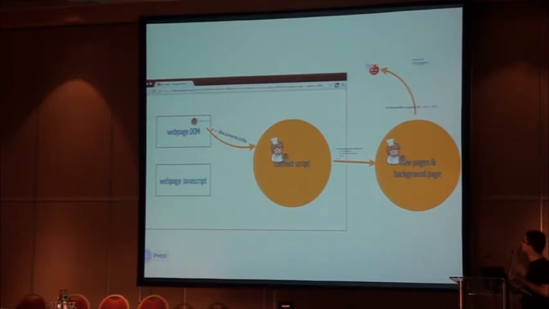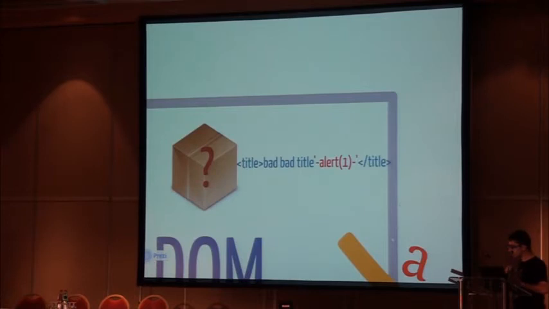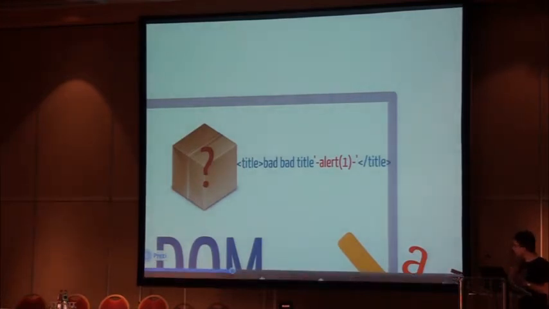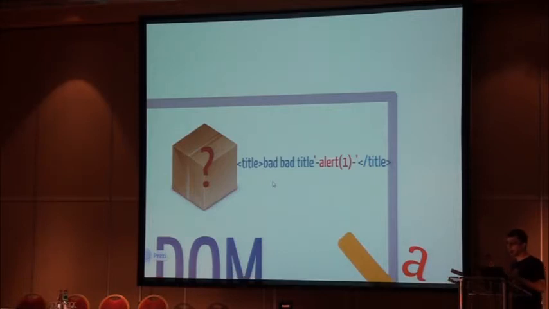So how does a typical XSS take place? Well, in this talk, I will focus on vectors employing a malicious website. So the model is, the user has a certain vulnerable extension installed, and he visits a malicious website which tries to exploit the extension. So basically, we have a payload in the web page DOM. Let's say it's in a title, and let's say it's a bookmarking extension. So the user acts upon the extension in some way, with its user interface, or by clicking on a button that the extension has provided in the website,